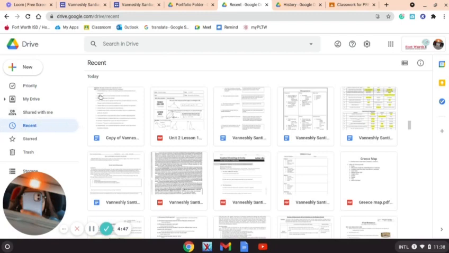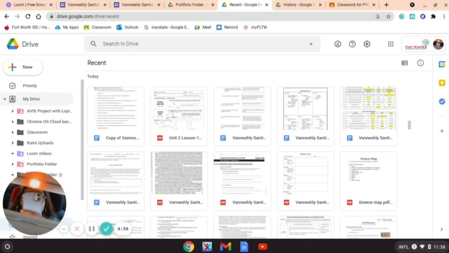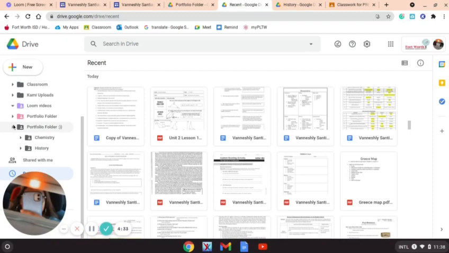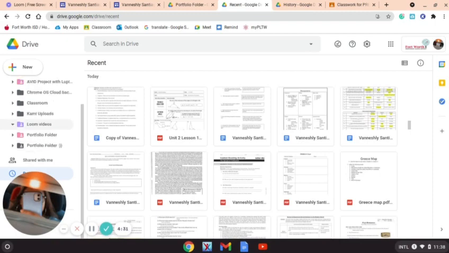And then after your page is on Recent, where it says My Drive on the left side, you're going to click on the arrow that's next to it. And then all of the folders that you've created are going to pop up. And then you are going to choose your portfolio folder. So remember, I have 2, my regular one and the one that I'm using for this video, the one that has 2 smiley faces. So you are going to